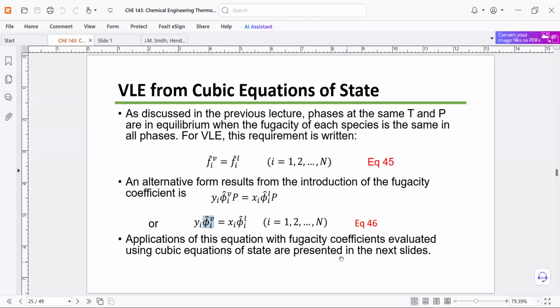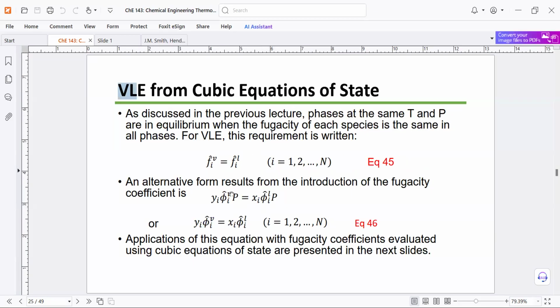And how do we do that? We will use the cubic equations of state to calculate the fugacity coefficient in solution for both the vapor and liquid phases and for each species. It's a little bit more complicated than what we did in Chewan 4.2 because now we have multiple species and multiple phases, but our focus is just vapor-liquid phases. So, vapor-liquid in equilibrium.